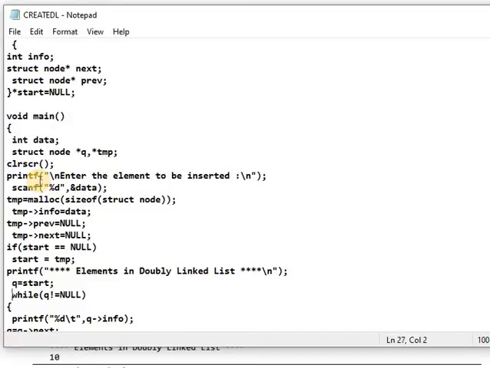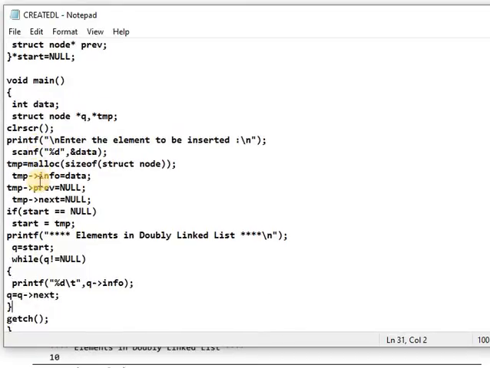Otherwise, it moves until the null pointer, and the elements are displayed one by one.